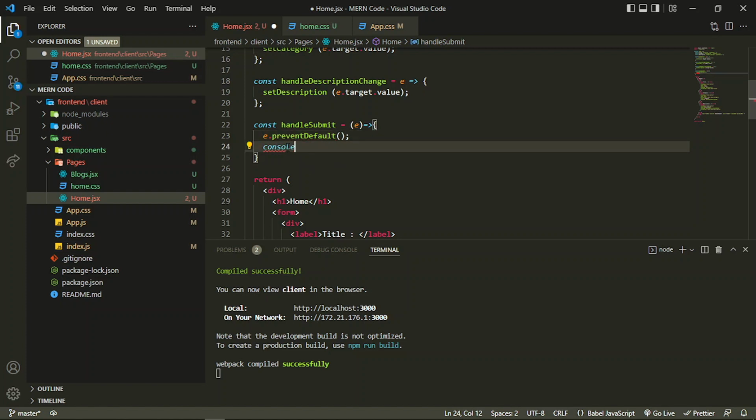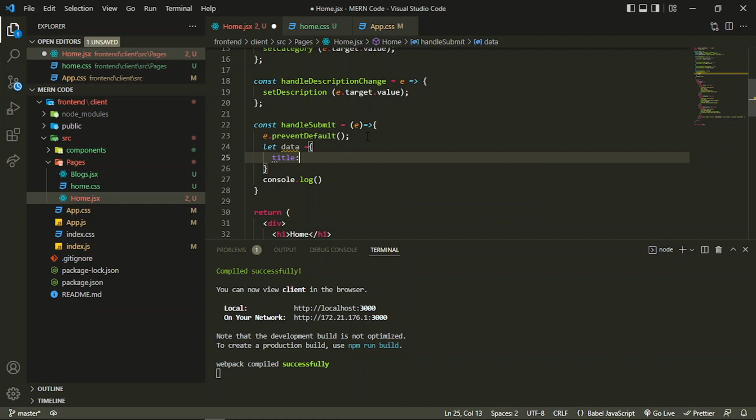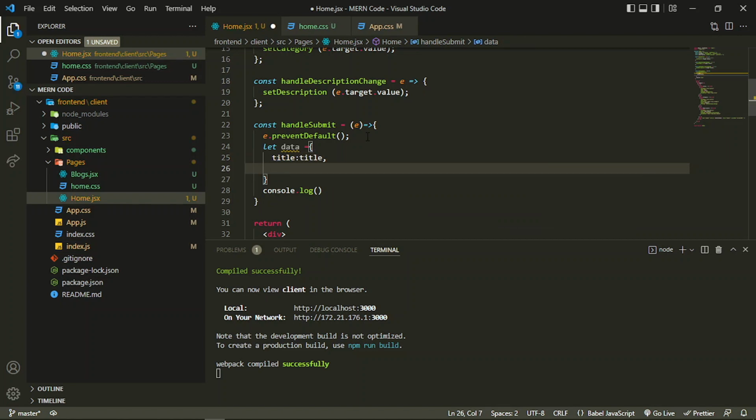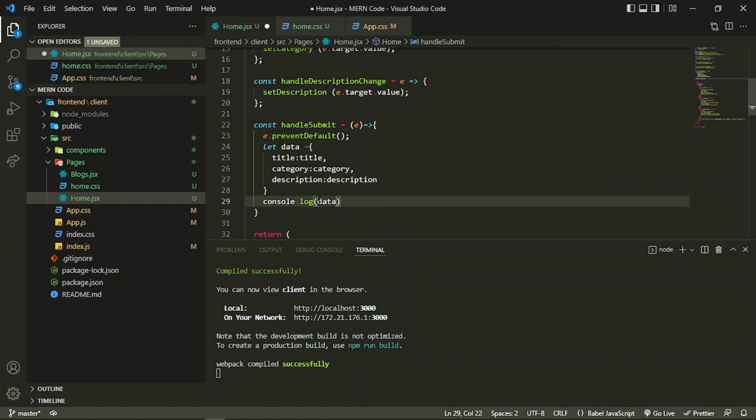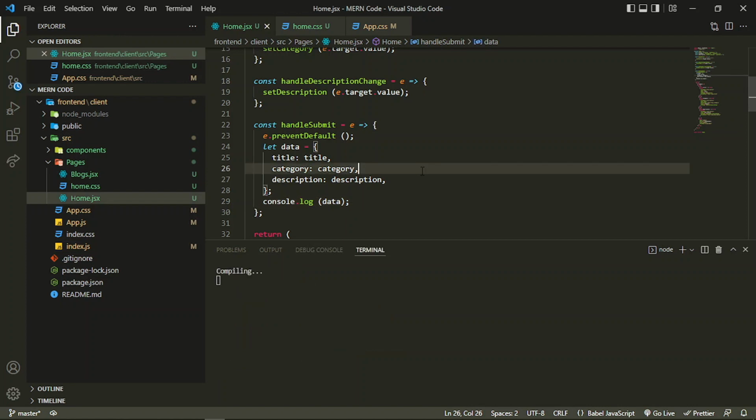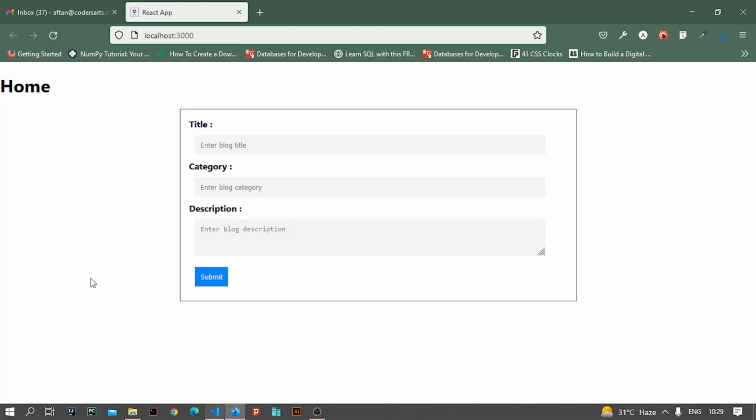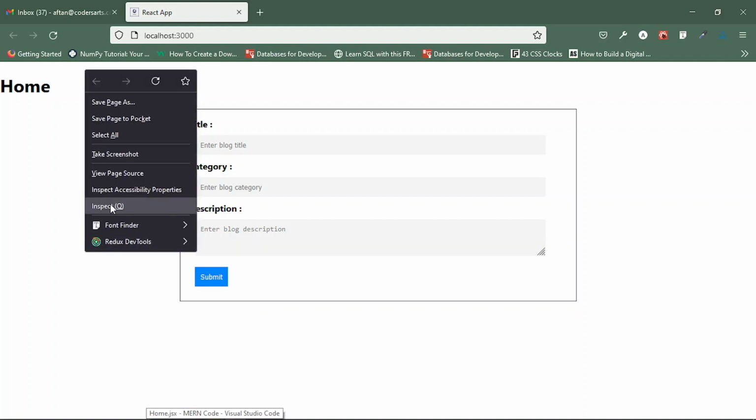Now I can add a console dot log in which I can first of all set the data. Let's set the data. Title should be title, category should be category, or I can use the ES6 version of this as well, but let's do it this way. Description, yeah. Now I can log this data which we'll be actually sending to the backend. So if I save this and if I go to my console,